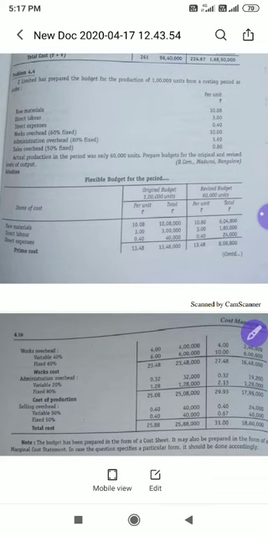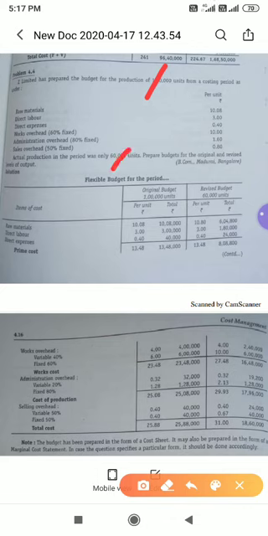You have to prepare it now. We have identified which are variable, which are semi variable and which are fixed cost. In this question we don't have any fully fixed cost, but we have variable and semi variable cost. Now what you have to do is prepare the budget for 1 lakh as well as 60,000. That is what they have given: flexible budget for the period, item of the cost, original budget and revised budget, that is 1 lakh and 60,000.